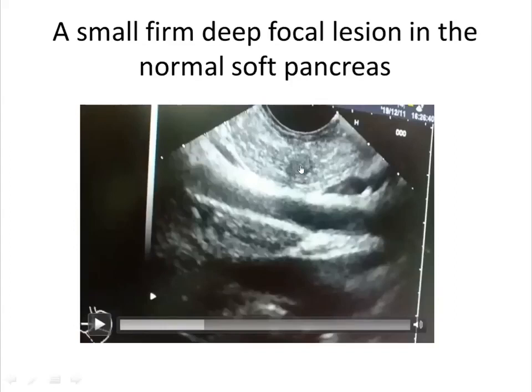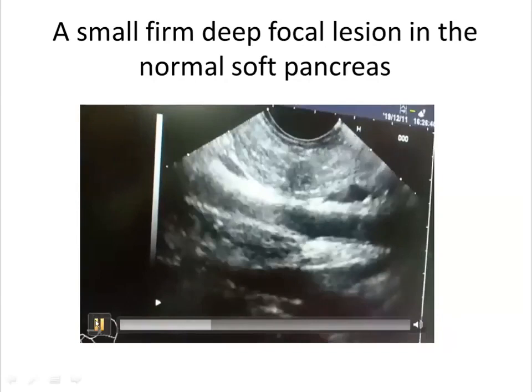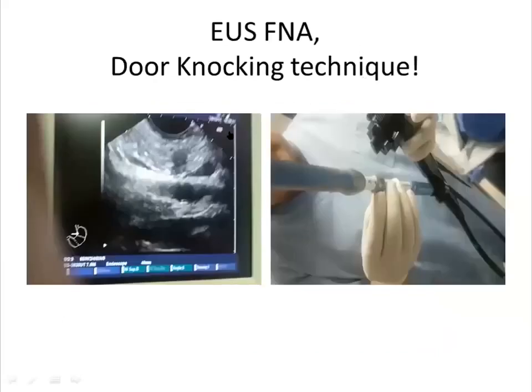So when the needle approaches the upper aspect of the lesion, it is pushing the needle or shaking the needle and not moving through it. What to do by then? We can do the very nice door knocking technique. What is the door knocking technique? The door knocking technique is that when you reach the upper aspect of the mass, then you can do a shaking movement,